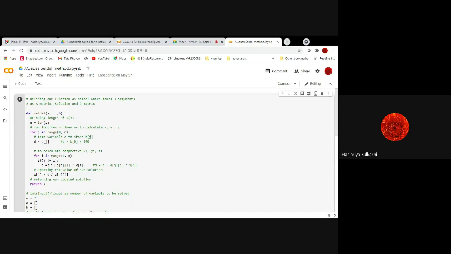Okay. So here what we have done is taken a dummy variable d, d equal to b of j. b of j means b of 0 here. So what is b of 0? b is a constant, so the constant of the equation is coming here. So it is b of 0. Now see what is happening below. b of 0 is 100. So in the comments I have given what values it will take for the first iteration. So for i in range 0, now j is 0, i is also 0.